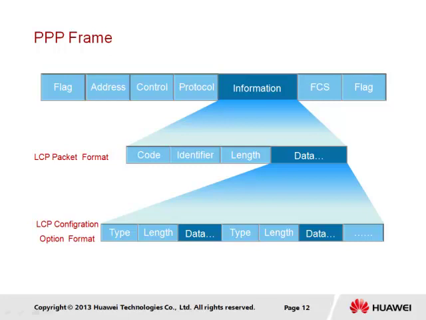For the actual LCP packet contained in the information field of the PPP HDLC-like frame, a code field exists that represents the different packet types used by LCP, with examples including configure request and terminate request types that are used for establishing and terminating the PPP connection. The identifier field helps to match requests and subsequent replies, while the length field indicates the length of the LCP packet. The data relates to the packet type listed in the code field, which may include parameters such as MRU and authentication that we shall look at very shortly.